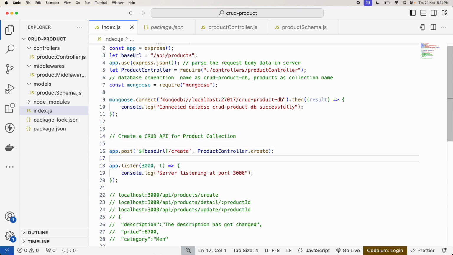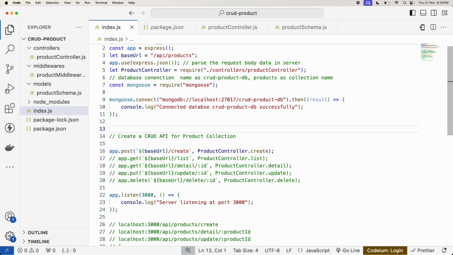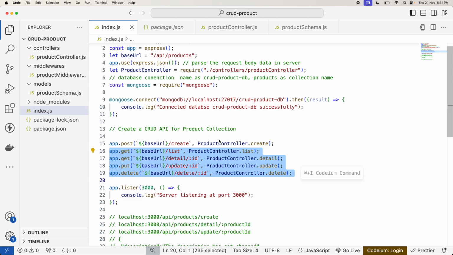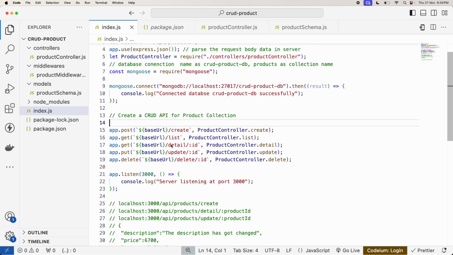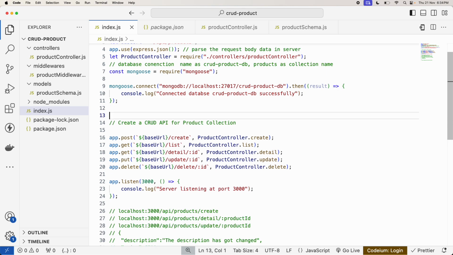Okay, so these are all the request response handlers we have. Let's suppose anyone is calling create, or list, or detail, or anyone is calling update or delete. At any request, it has to go through one middleware. So that is called